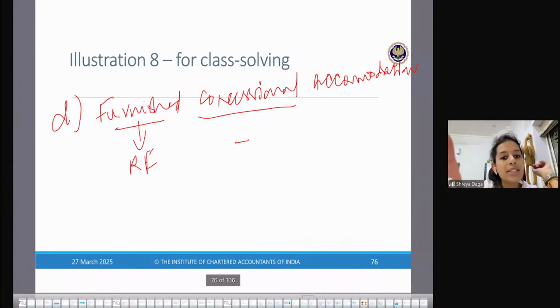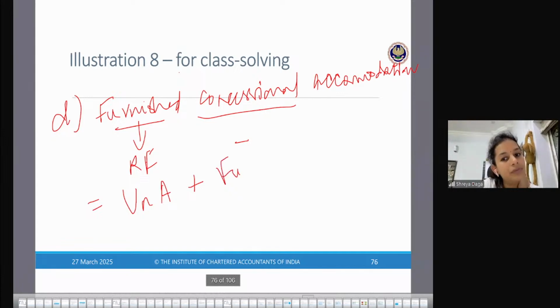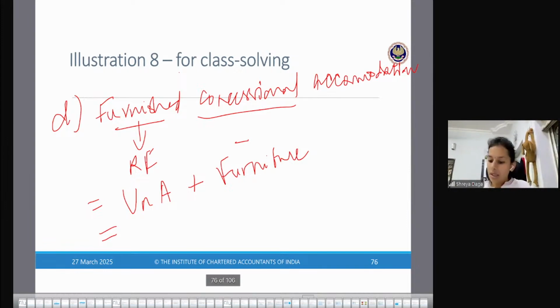So first let's find out as if it is completely rent-free. What is the value of furnished accommodation? Value of furnished accommodation is equal to value of unfurnished accommodation plus value of furniture. Furniture includes TV, AC, these things. What is the value of unfurnished accommodation which is taken on rent? As per the question,